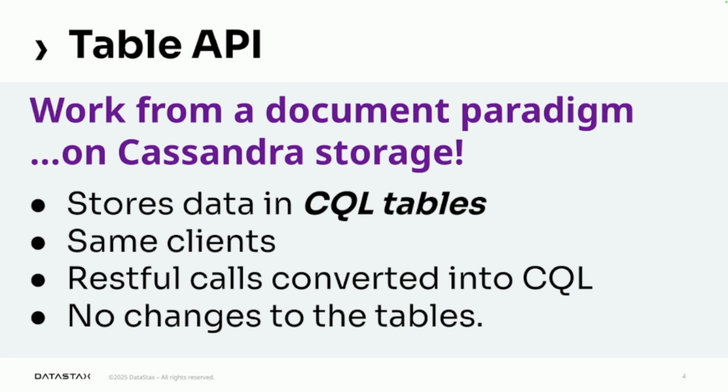The newer versions of the Data API will have objects in it that expose the Table API. Essentially, it's RESTful calls that are made to that API are ultimately converted into CQL, and it requires no changes to the table whatsoever. Aaron Morton talked about this a lot at Cassandra Forward, and his main point was that we still have a CQL core, and that's not going away. But in this way, we can work with CQL tables from a document paradigm. So it's kind of cool how this can evolve.